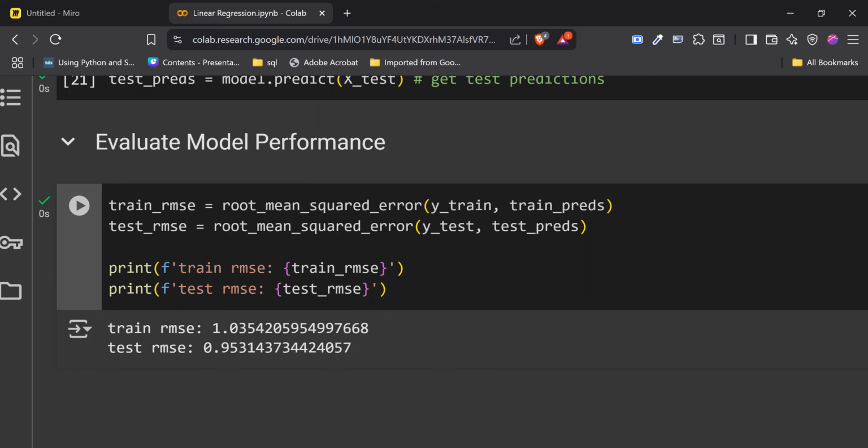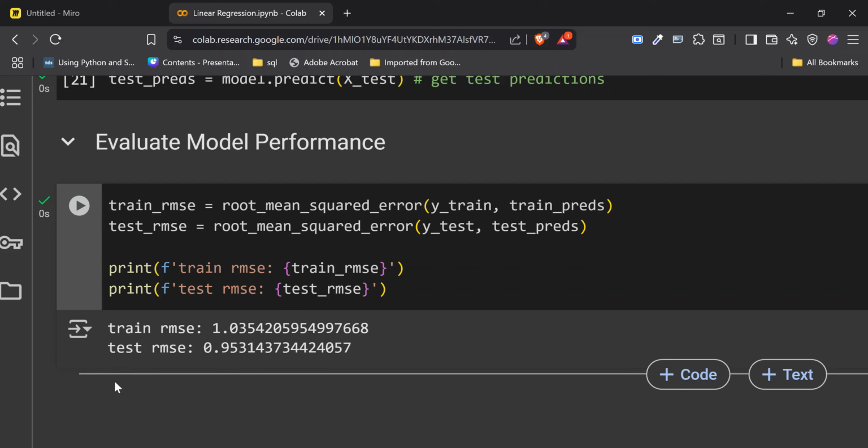Our goal is to minimize the RMSE, and the RMSE is much lower in the test set, meaning the model has performed better on the test set than the train set. At least in this case, there is no overfitting. But don't worry, in the subsequent class, you are going to understand better what overfitting and underfitting mean.